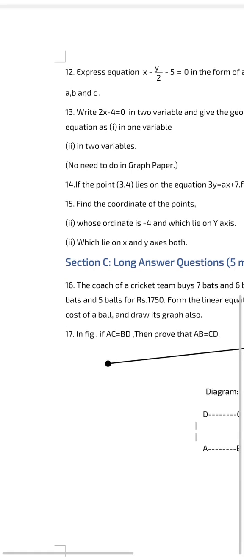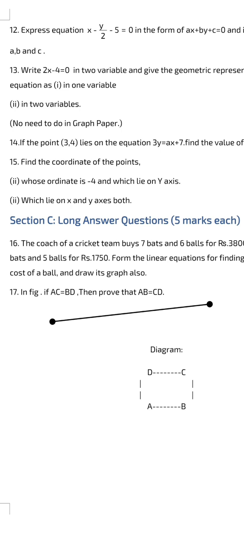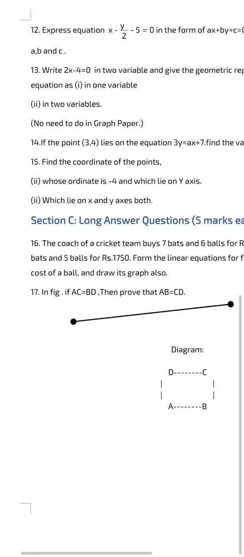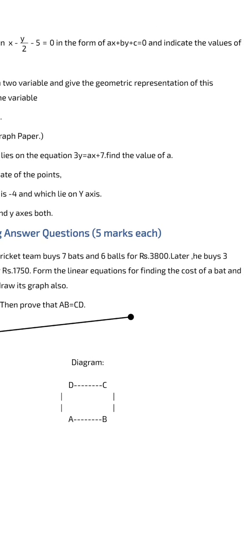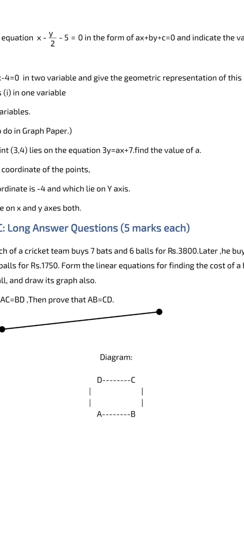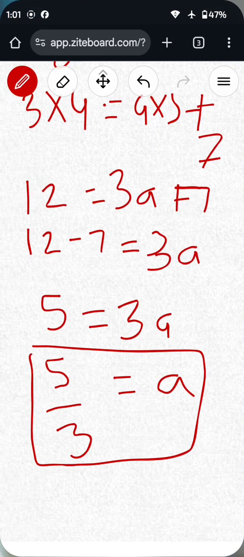Now come to section C, long answer type questions. Question number 16 and 17 we have. So question number 16, the coach of a cricket team buys 7 bats and 6 balls for 3,800. Later he buys 3 bats and 5 balls for 1750. Form the linear equation for finding the cost of a bat and cost of a ball and draw its graph also. So you have to form the linear equation for these conditions, and you have to draw the graph also. So the solution of the question will be as